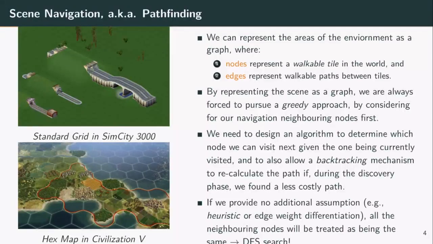And the other important thing is, if you are not providing any additional assumption, like any kind of heuristic for A star, or any kind of edge weight differentiating why I should prefer one tile to the other as my subsequent step for navigating from one tile to the other, then it's actually not better than doing a DFS or a BFS algorithm